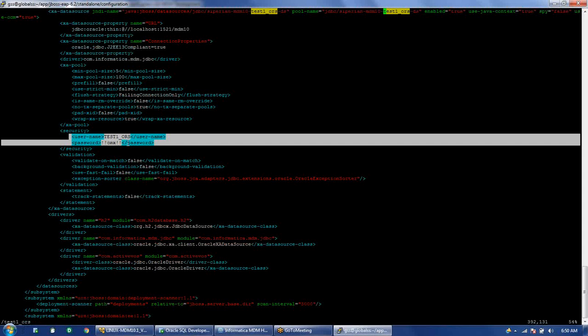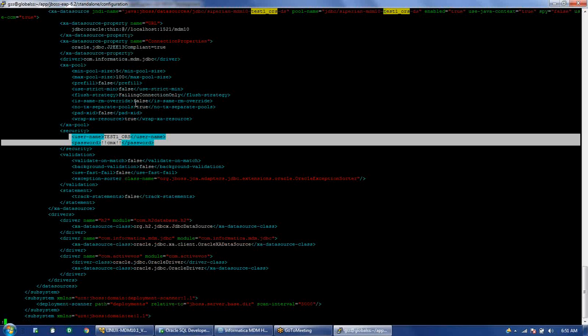Whenever we create an ORS and register it into the MDM, it gets updated in this standalone-full.xml file with the user ID, password and all the other connection details. So in case we want to know the password of a particular ORS, we can come to this file and get it.